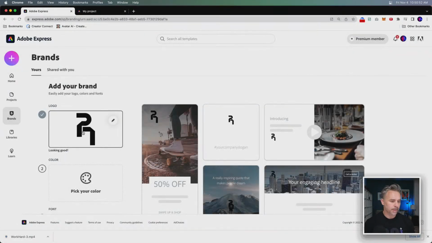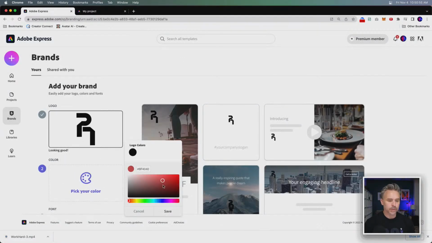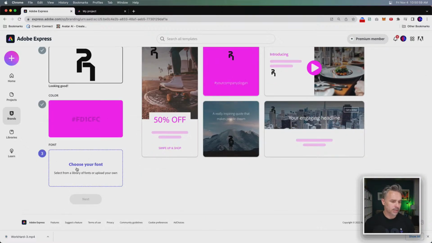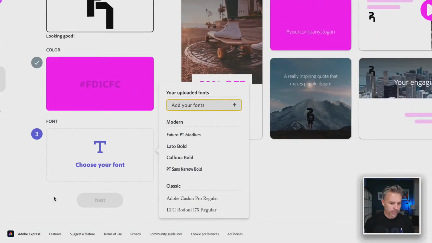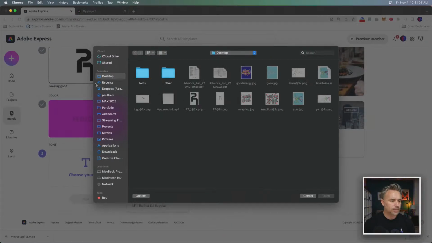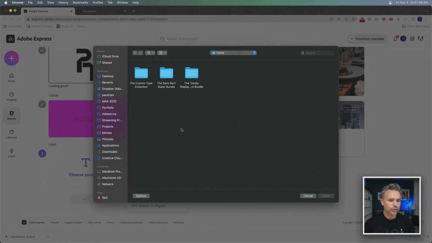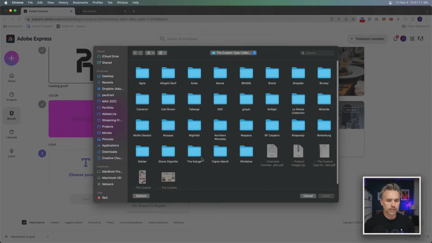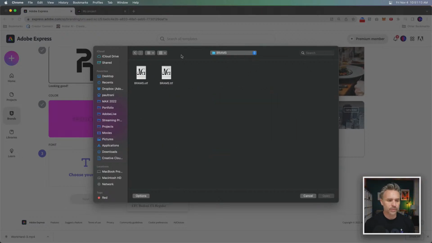So there's the PT. You pick your colors. Yeah, I'm going to do hot pink. Why not? Choose your font. Remember how we used the, was it Brams? I think it was Brams.